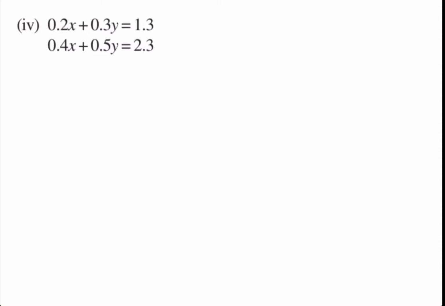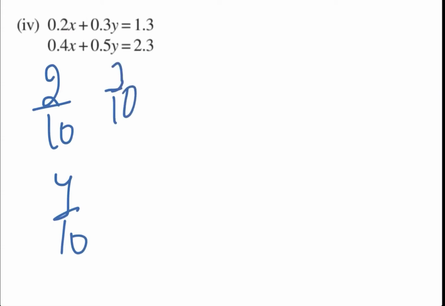Now what you will be thinking is 0.2 we can write it as 2 by 10, 0.4 as 4 by 10, 0.3 as 3 by 10, 0.5 as 5 by 10, and 1.3 as 13 by 10, and so on and so on. But instead of solving it in such dangerous fractions, the best way we can do this is directly solve it by the decimal. Okay, you will not get any problem with that. Just see how it is done.